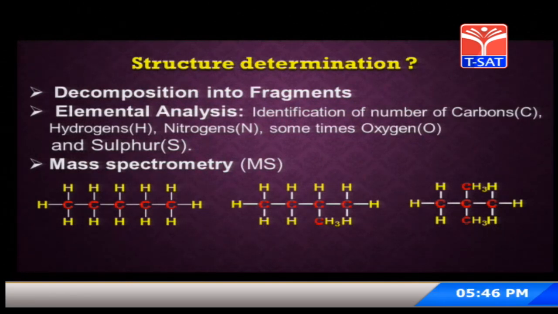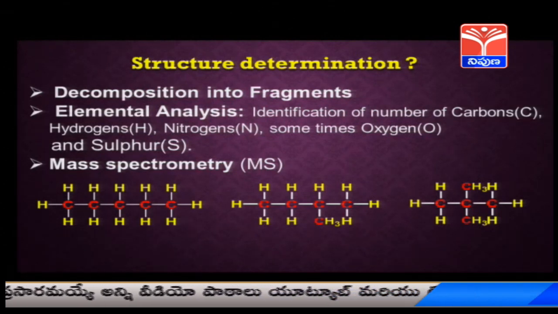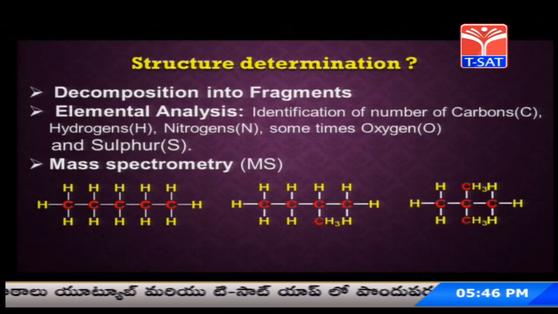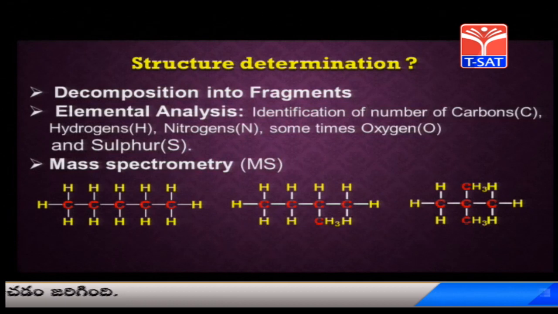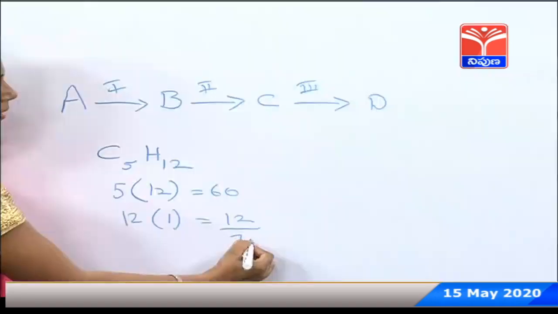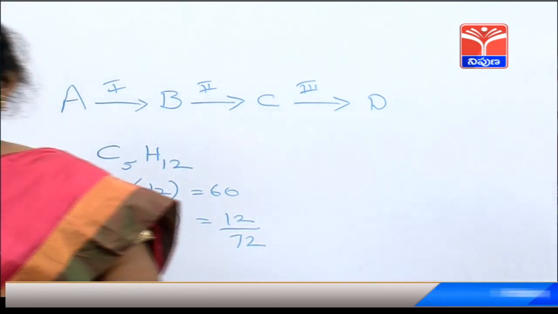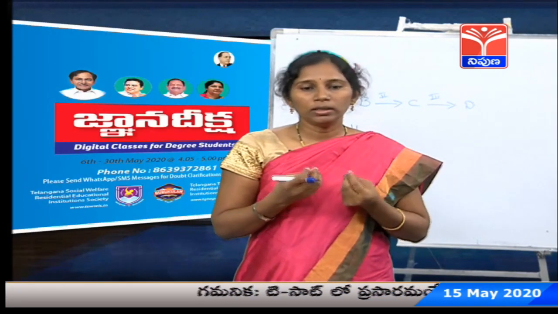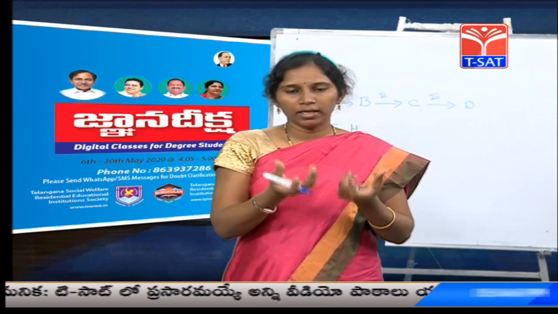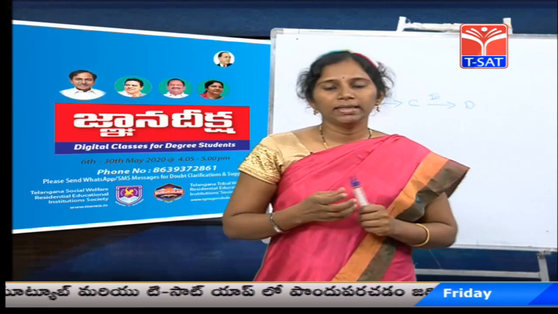If you calculate the molecular weight, C5H12, 5 into each carbon 12, that is 60, and 12 into each hydrogen molecular weight 1, that is 60 plus 12, 72. By that we can determine the molecular weight, and the same data is given for these 3 molecules, and we could not find which molecule we particularly got, and hence at that time an updated method was needed,